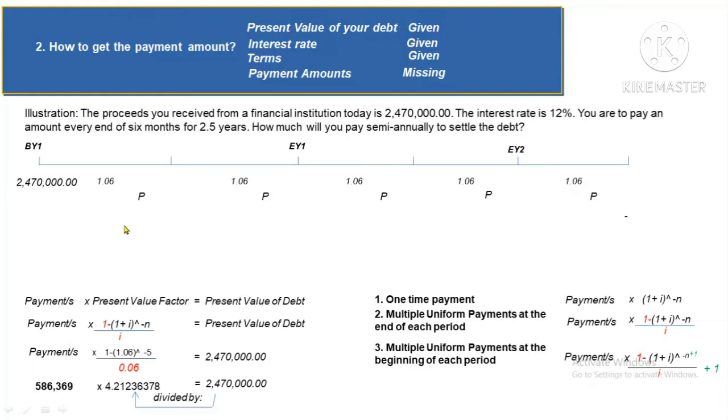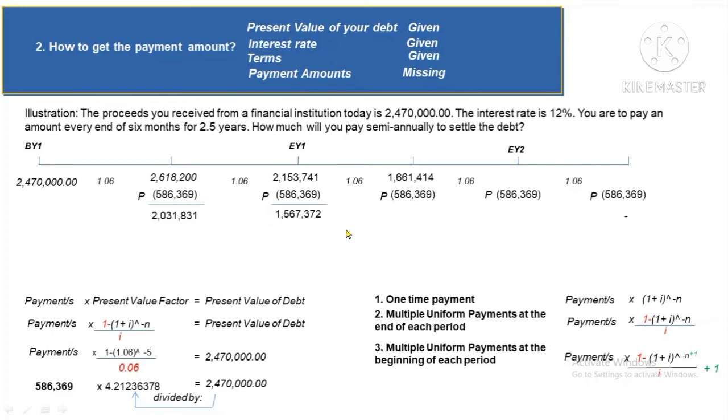So we have to put the payments here, and here, and here, and here, and of course here. And let's see if our liability will be 0 after 2.5 years. So let's start. 2,470,000 times 1.06, you have 2,618,200. However, you're gonna pay the first 586,369, then you will only have 2,031,831 times 1.06, we have 2,153,741 minus 586,369, we have